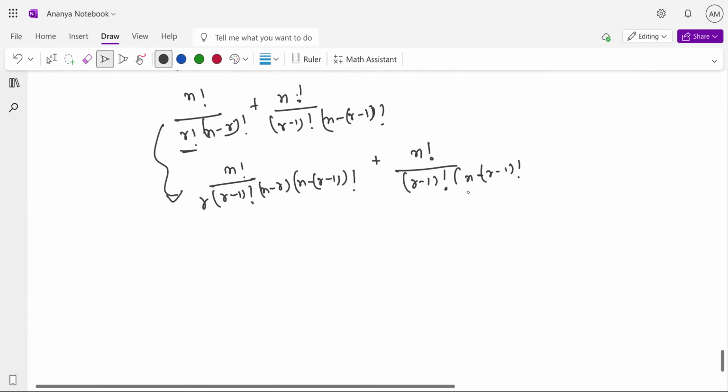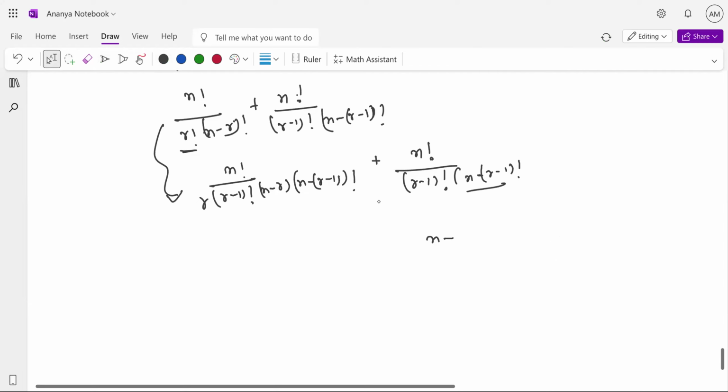If you see, this n minus r minus one thing can also be written as n plus one minus r. Right? Here also this can be the thing. So isn't it looking like I am doing the factorial of n plus one with respect to r? Okay, let me rewrite the thing.